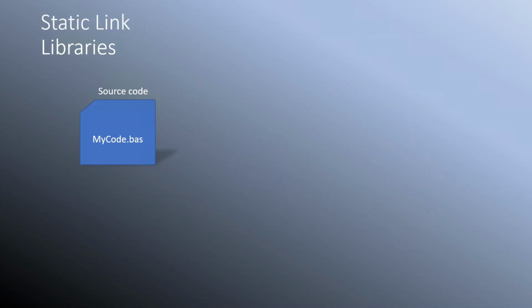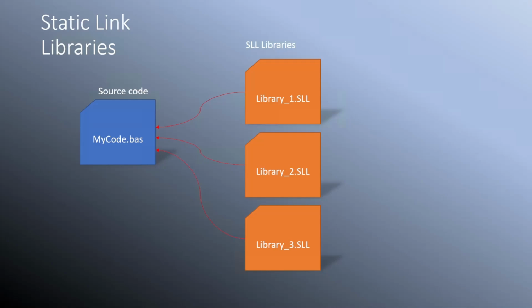Static linked libraries are in a sense somewhere between include files and DLLs. Like DLLs, they are compiled binaries, but like include files, they can be added to your applications at compilation time. Having compiled a static link library, you can use the link command in your source code to add in the code pre-compiled in your static linked library. You can of course give this static linked library to other developers, who can then add the file to their applications without them having access to the source code that made the static link library in the first place.